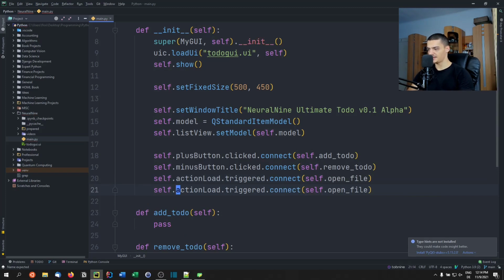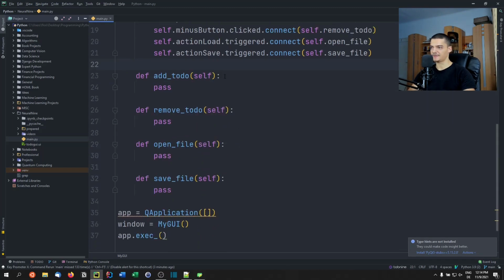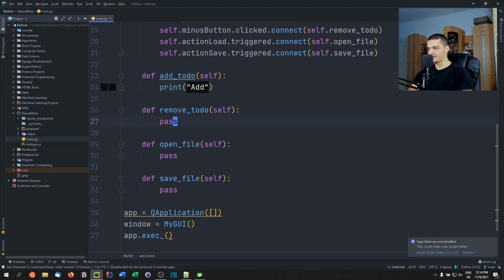Now we're going to copy that, and the action is going to be action safe, and this is going to call save file. So by doing that, these buttons are now linked to these functions. We can see that this is the case if we just print add here, for example,